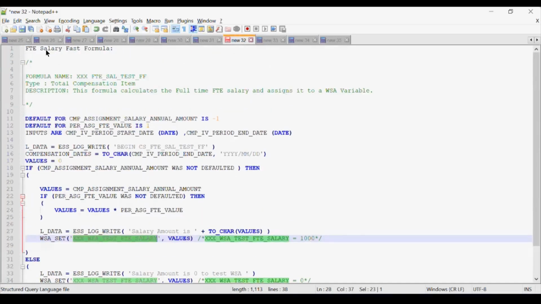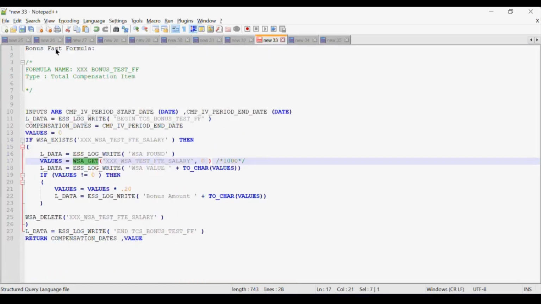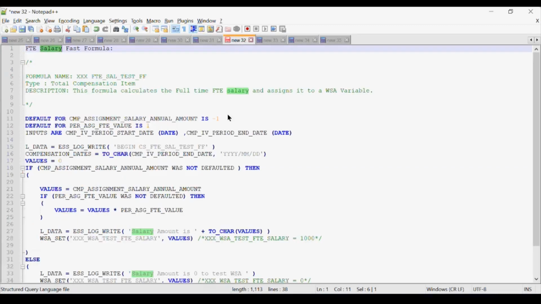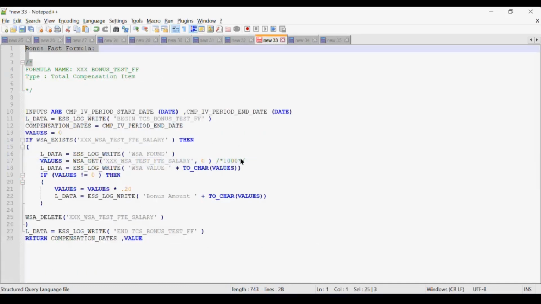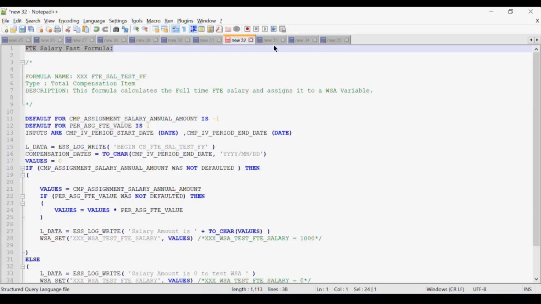Okay, so here both formulas, the salary calculation formula and the bonus calculation formula, are executed one after the other. For example, in compensation, one formula is assigned to one element and the other formula is assigned to another element. On the payroll side, all these formulas get attached to elements, and in elements we have priorities. So you can declare element priorities based on the order you want to execute them.